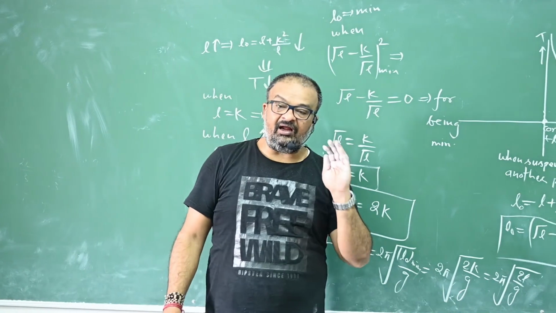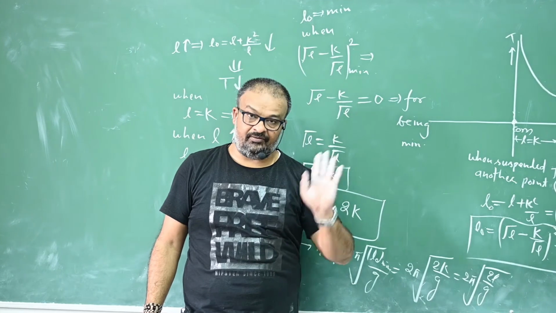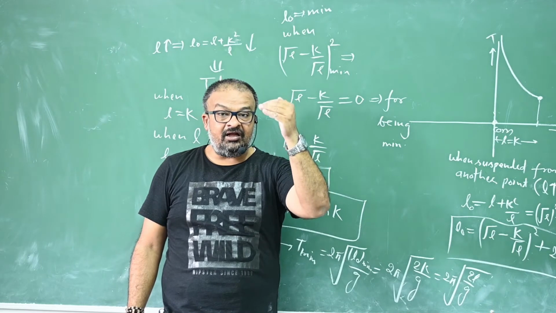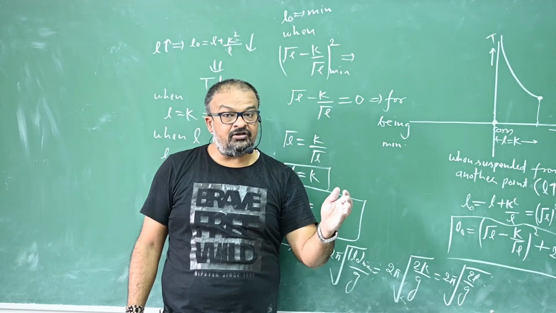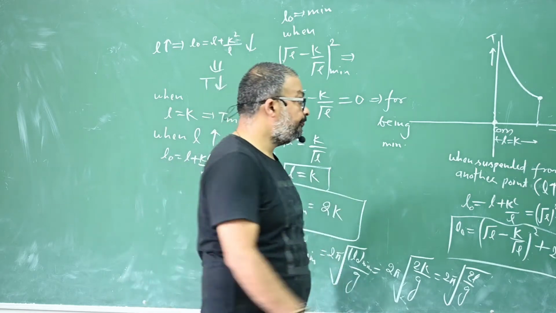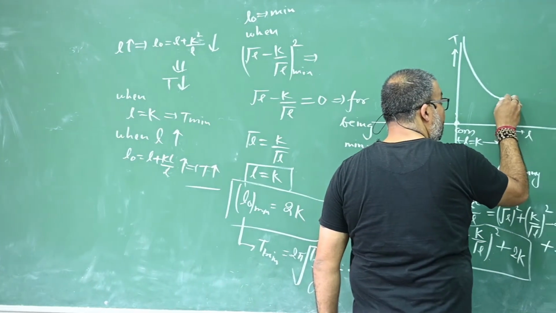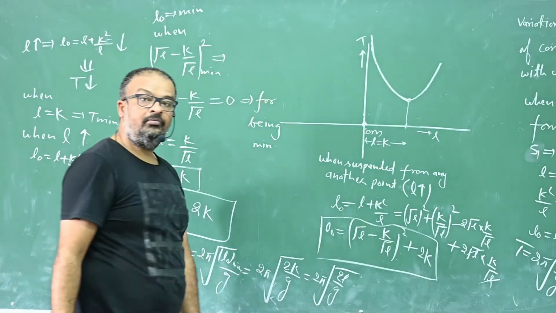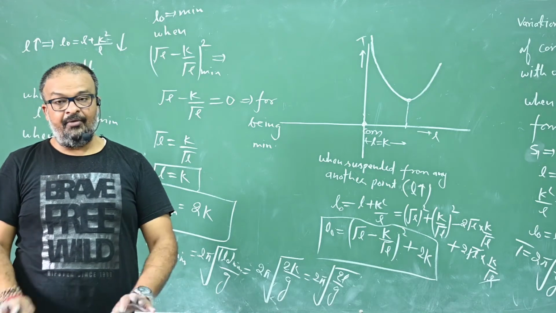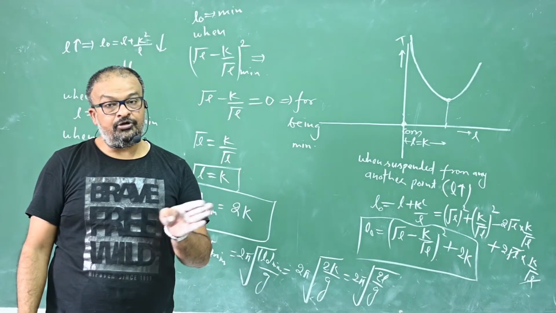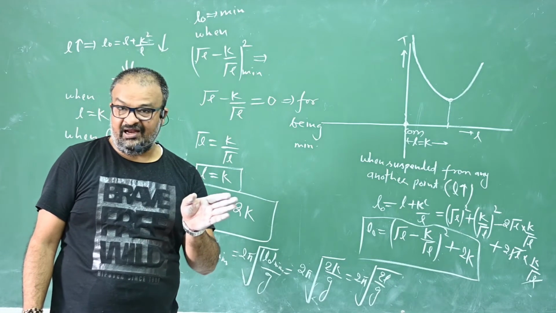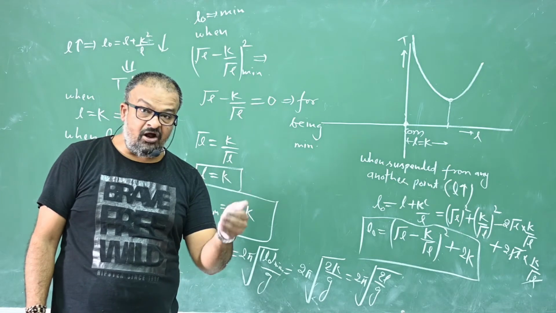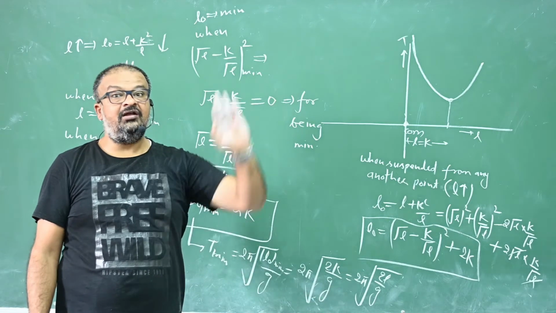What does it mean that I got a minimum value when I was increasing? That means when I increased L, the equivalent length continuously decreased, and with further increase in L, the equivalent length will again increase. Getting me or not? Not getting. Getting a minimum value means what? When you approach that value, the equivalent length decreases. And afterwards, because this is the minimum value, it cannot decrease more than that, so it will again increase.